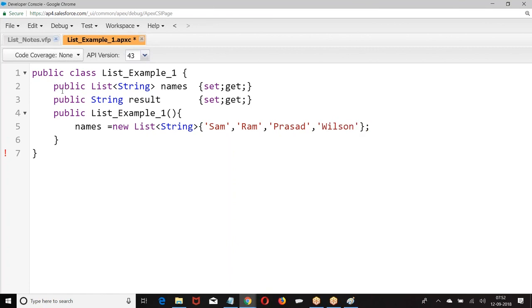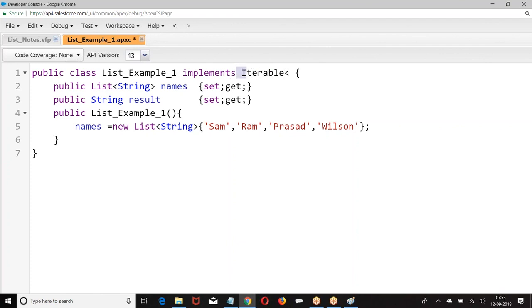This is how we got it. Now, I'll just give you an idea. We are not going to implement it right now. It has interfaces, so it has Iterable.